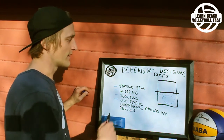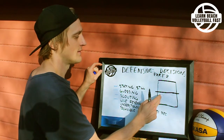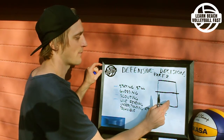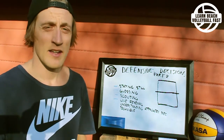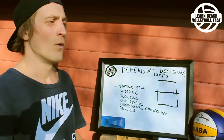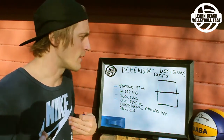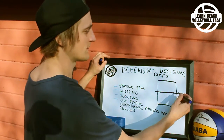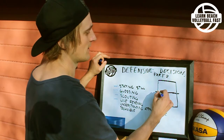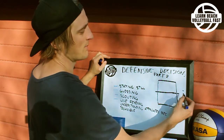Fourth is live reading. Live reading is similar to scouting, but it's more like happening in the game. It's about seeing the attacker, in what sort of position they are, what can they do from here, and what does that mean for me as a defender. The absolutely easiest example of this is, we have the antennas here in the end of the court. So if someone is attacking from here, that basically means that